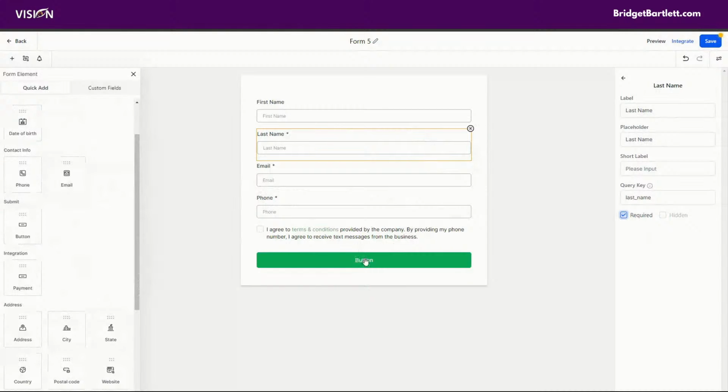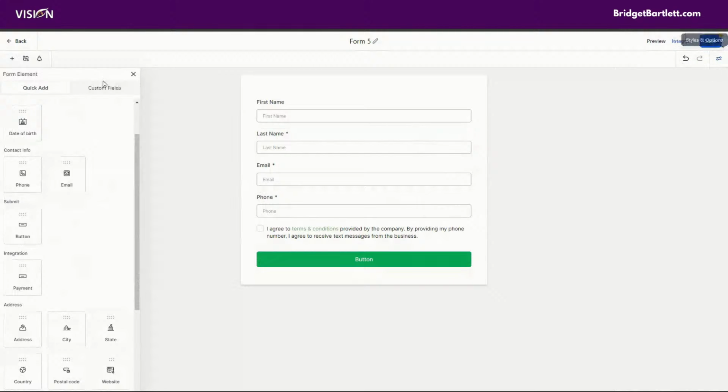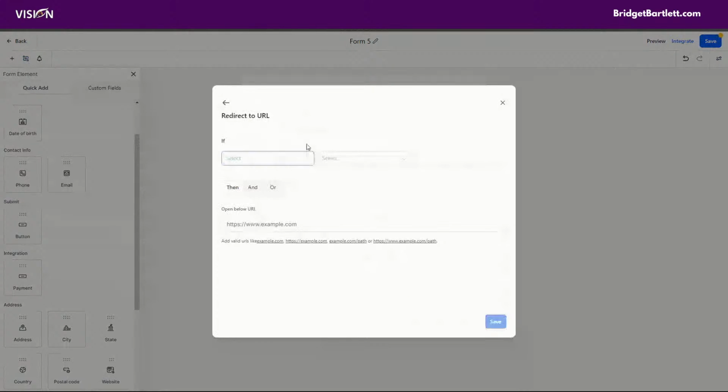But the basic functionality is we want to tell it where we want it to go once the info has been submitted. Now, you do have the option, this is a fairly new option inside of HighLevel, that you can actually use conditional logic inside of the form. Now, this is a little bit advanced, okay? So don't get overwhelmed if you're brand new to all this and you're like, I just was looking for something simple. I'm going to show you simple, but just keep it in the back of your mind. Know that you do have, if the use case arises and you need something like this, you do have the ability to actually redirect